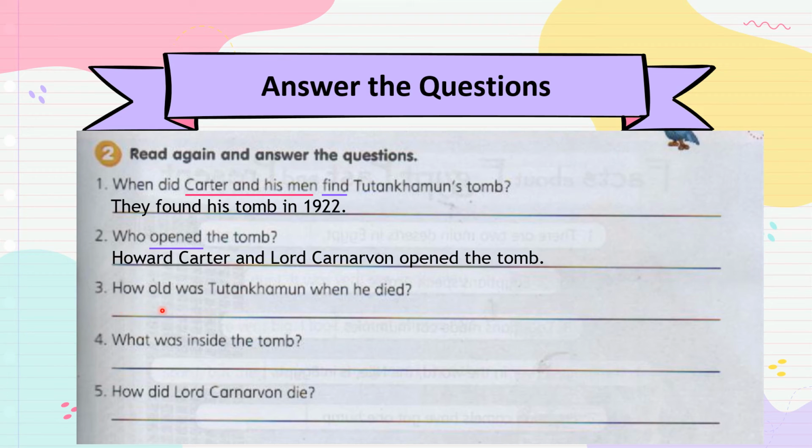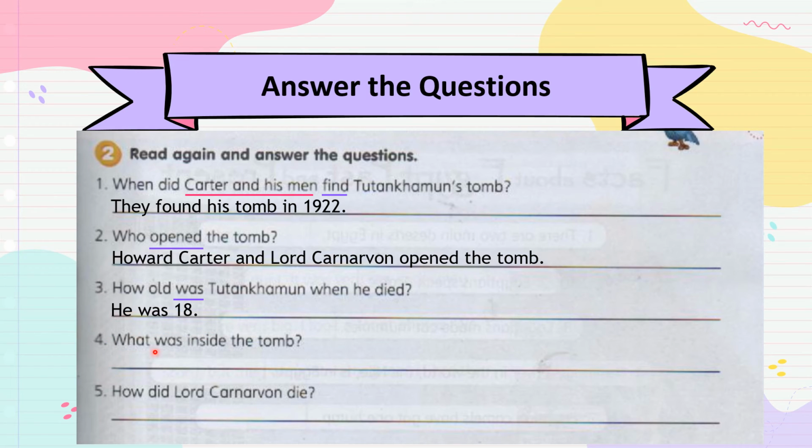Okay, how old? Berapa usia Tutankhamun ketika dia meninggal dunia? He was 18. Dia berusia 18 tahun. Okay, the keyword is was. Was ni telah berlaku. So, present simple dia is. Tapi sebab dia dah berlaku, Tutankhamun ni pun dah lama dah meninggal dunia. So, kita guna was. So, kita salin je balik. He was 18. Okay, next.